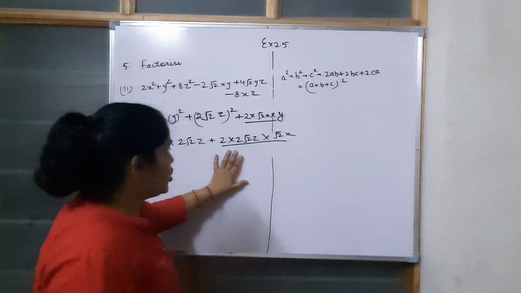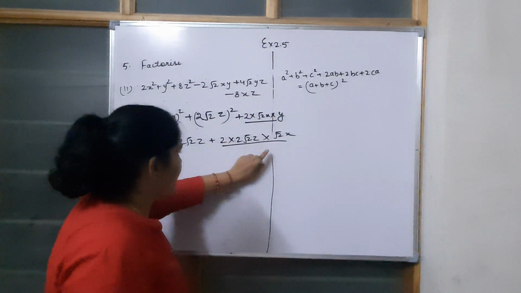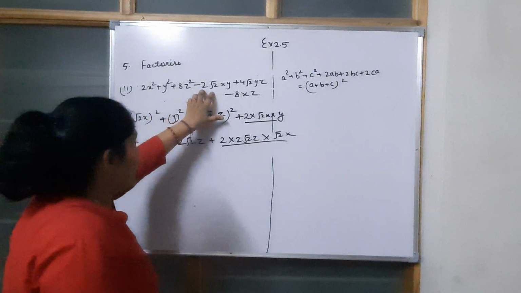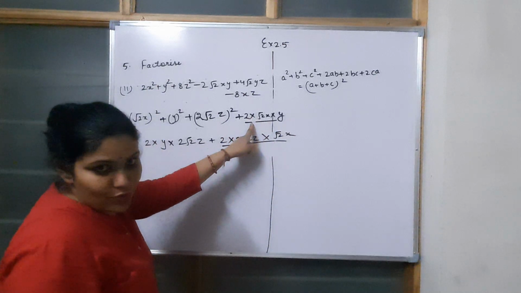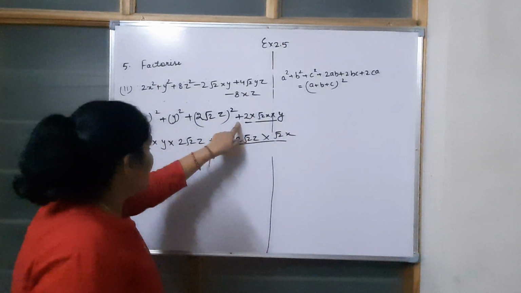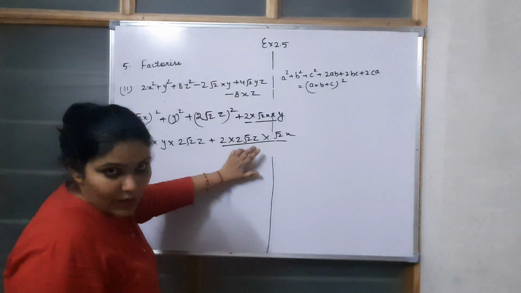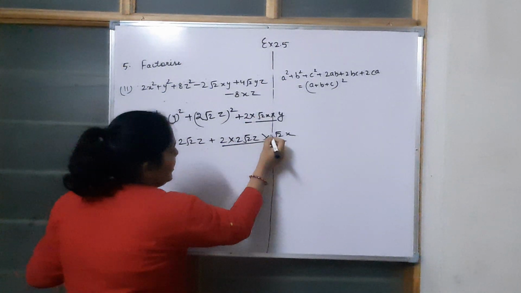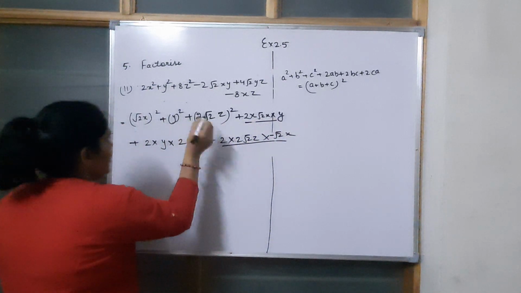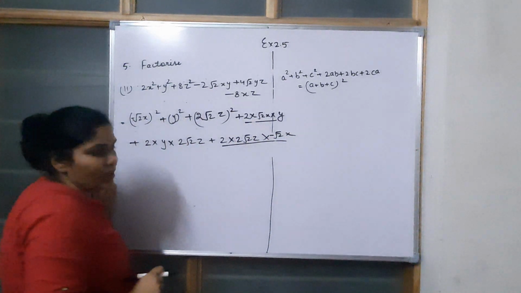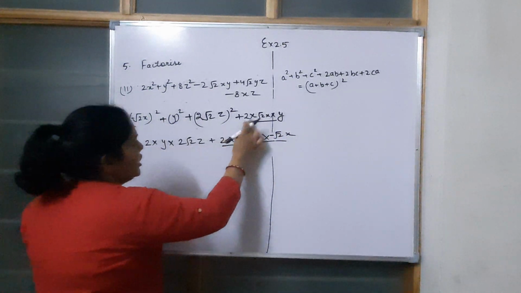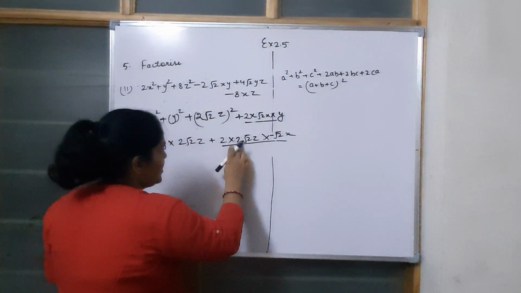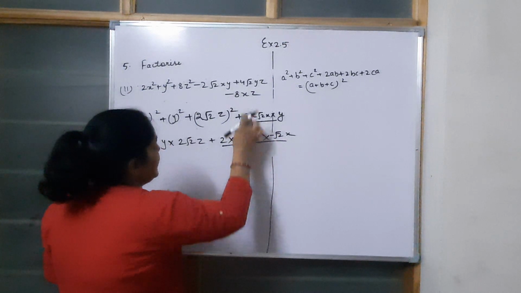Now just look here, which term is common in both the negative terms? It is root 2x. Just look here, minus 2 root 2xy. This is negative, and here we have this negative term. What is common in both the terms? It is root 2. So I am just taking root 2x as a negative term. So now just look here. 2 into root 2, 2 root 2xy. So this is minus 2 root 2xy. Now 2 2s are 4, 4 2s are 8, minus 8xz.